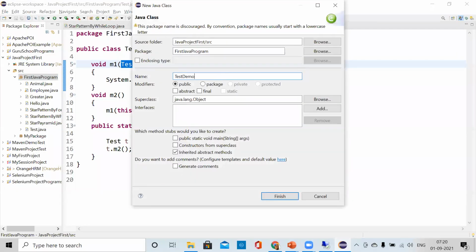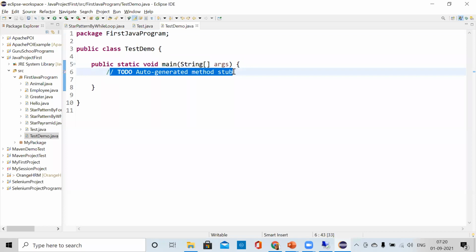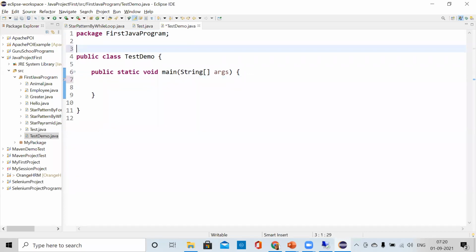We are creating one new class with test demo, and we are including the main method here. Now there is one more class here. We are not writing public, we are just writing class test1. Why?